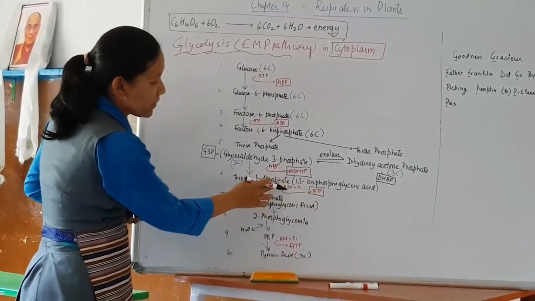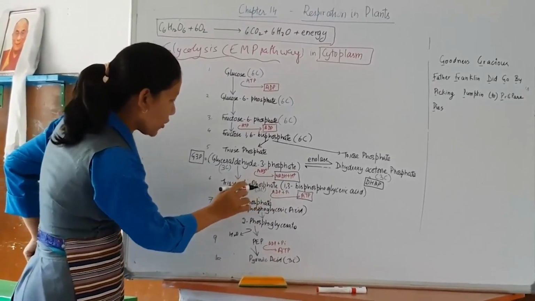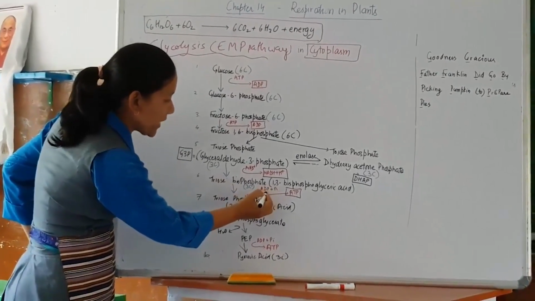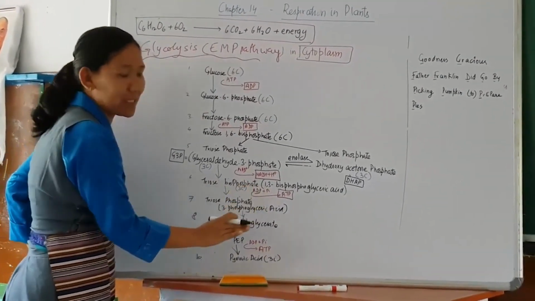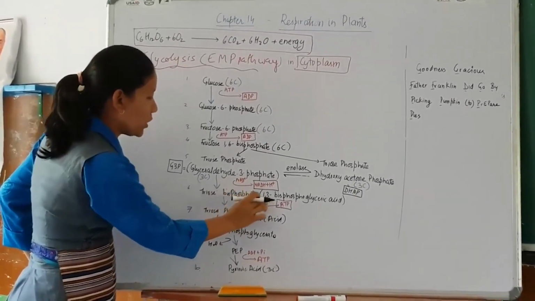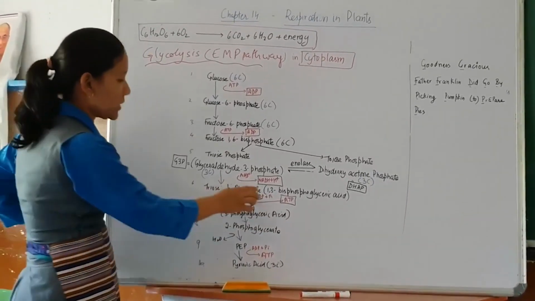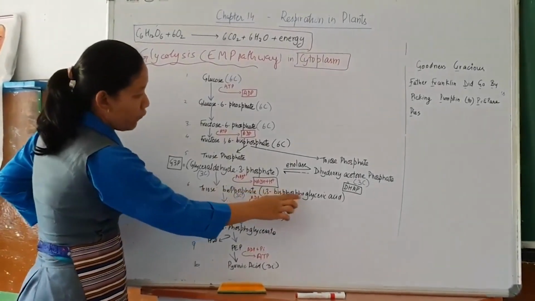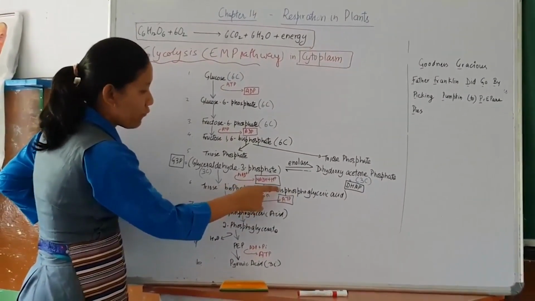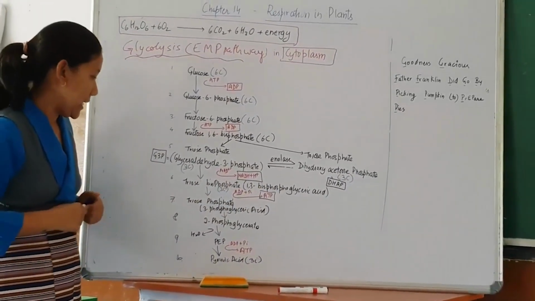So in the cytoplasm, ADP and Pi are already there, and the phosphate lost from here is utilized by ADP. ADP is present in the cytoplasm, and the loss of one phosphate from this will lead to the formation of ATP. Now triose bisphosphate, that is phosphoglyceric acid having phosphate at carbon number 1 and 3, and one of the phosphates is lost. So we have 3-phosphoglyceric acid.